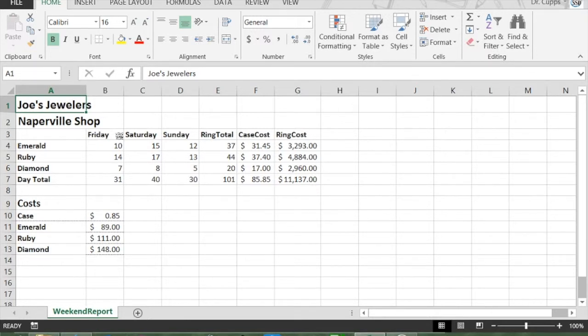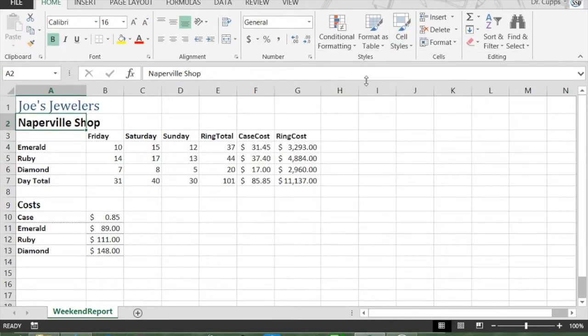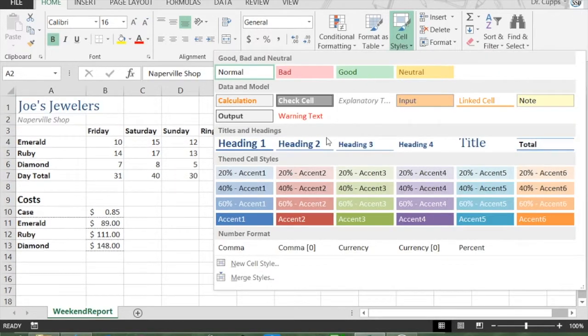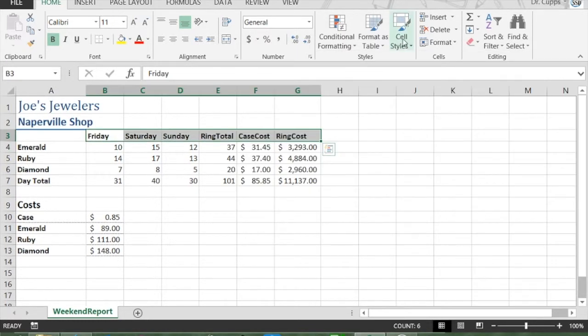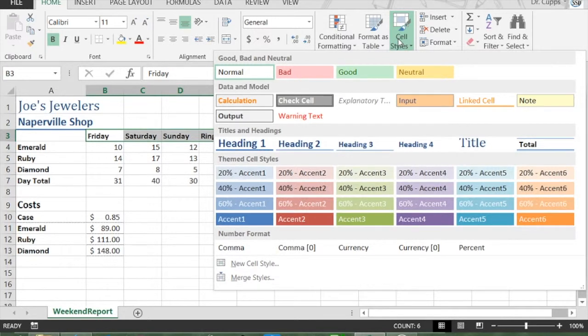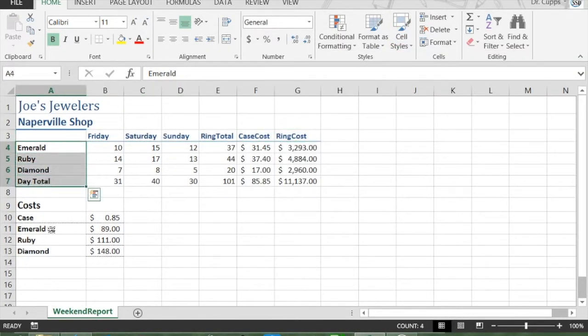Up here, Joe's Jewelers is like a title. So I'm going to go up here and use some preset styles, and you get the idea for what they do in a hurry. So there's Naperville Shop. Maybe it would be like a big heading, and then Friday, Saturday, Sunday. All these up here are going to be maybe Heading 3. How about that? And then we'll make these down here